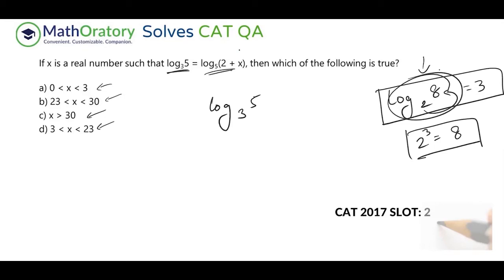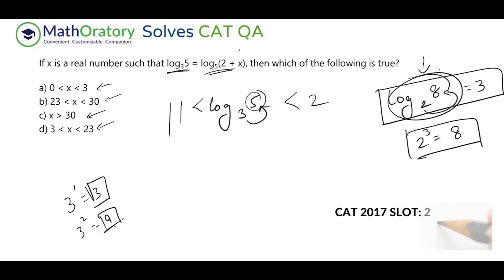Now, as I already mentioned, which power of 3 is 5, right? All of you know that 3 power 1 is 3 and 3 power 2 is 9, right? Now, this 5 is lying between this 3 and the 9. So it automatically implies that this value should be more than 1 power of 3 and should be less than 2 powers of 3, right? So this will be definitely lying between 1 and 2.